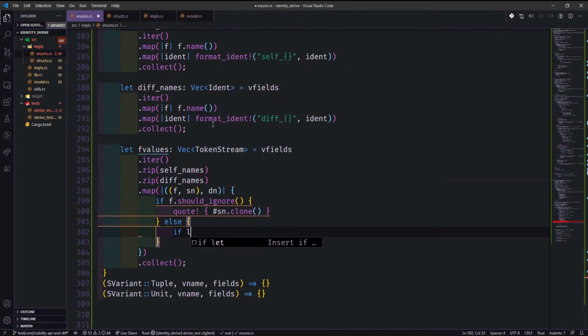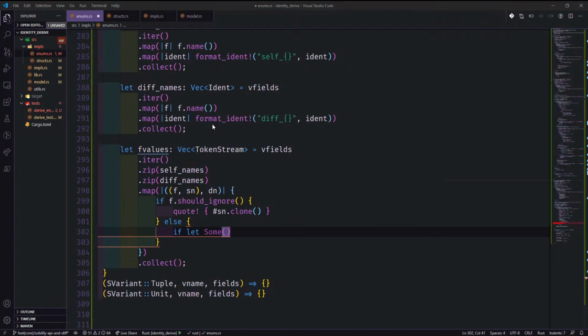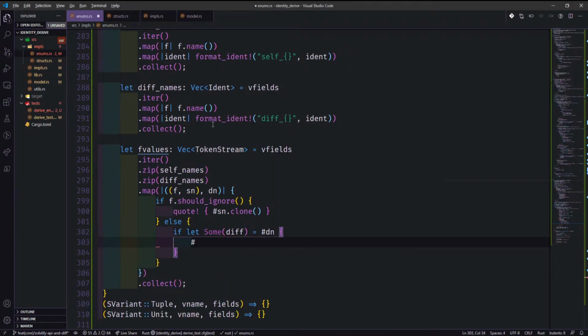Otherwise, if let some diff equals dn, sn dot apply, or not merge, sn dot merge diff, again probably had to clone it,